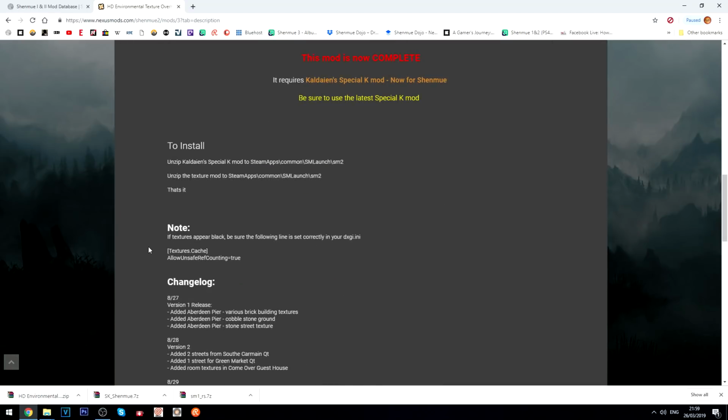Me personally, I think these games look absolutely fantastic with a bit more polish on them, and that's exactly what these excellent fan mods do. So if we go down to the install instructions, we have: unzip Chaldean Special K mod, already did that. Unzip the texture mod to the ASM2 folder, not difficult, we're going to do that now, but we do have a note here. It says, if textures appear black, be sure the following line is set correctly in your